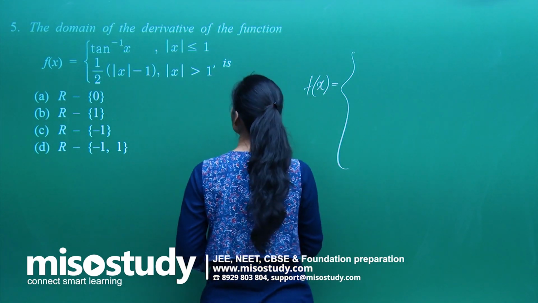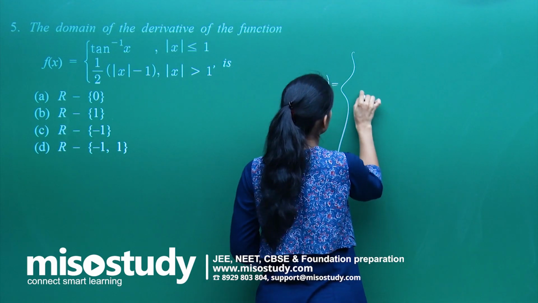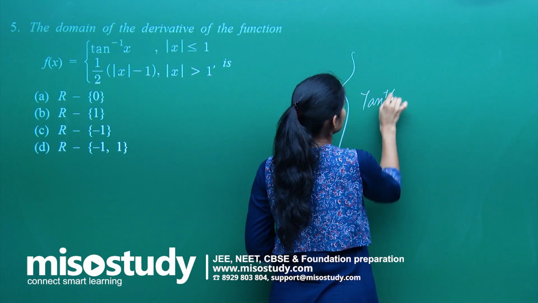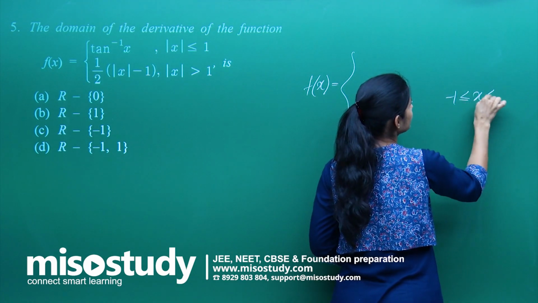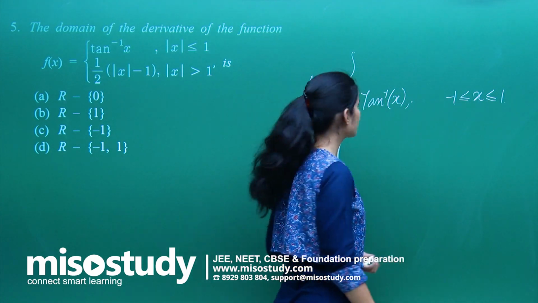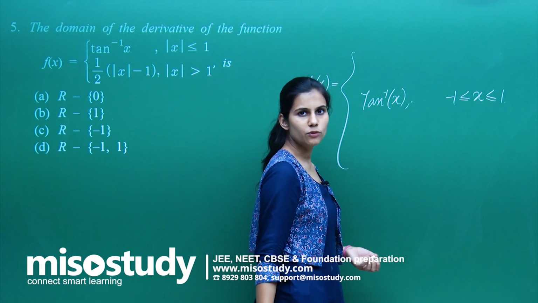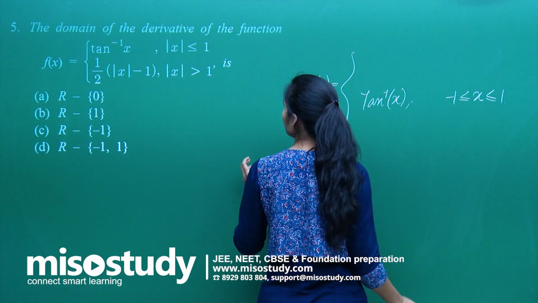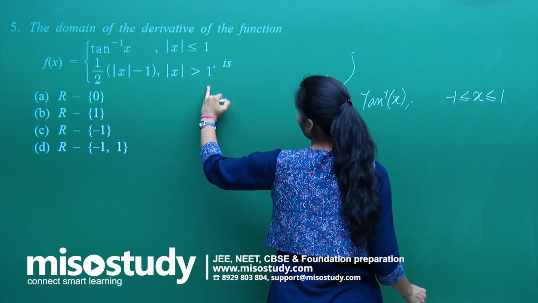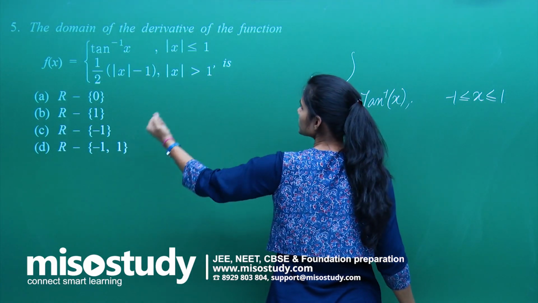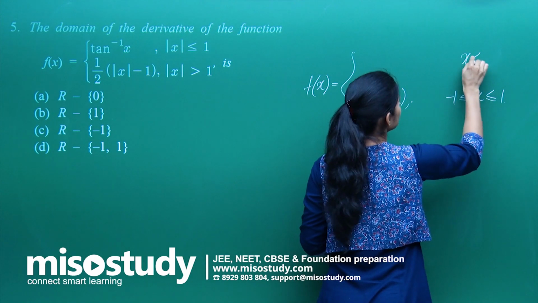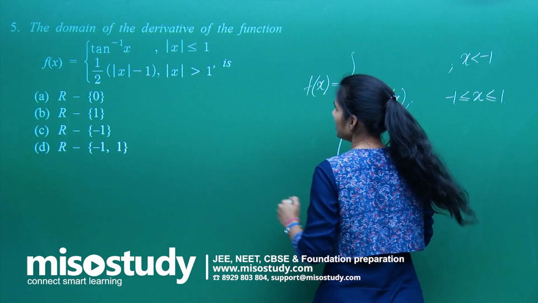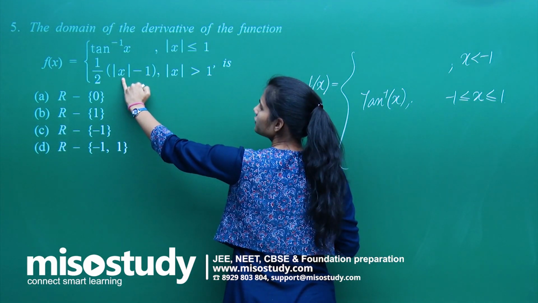Let's see. So you have tan inverse x when mod x is less than or equal to 1. That means when x is lying between minus 1 and 1, only then mod x is less than or equal to 1. When mod x is greater than 1, that means x is strictly less than minus 1 or x is strictly greater than 1. When x is strictly less than minus 1, then mod x is negative, so mod x will